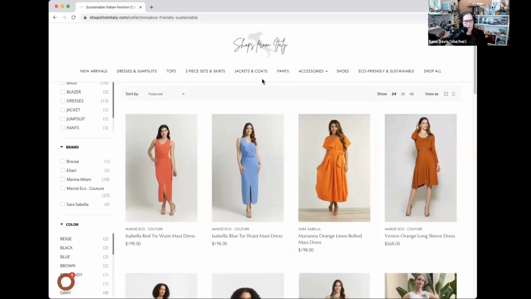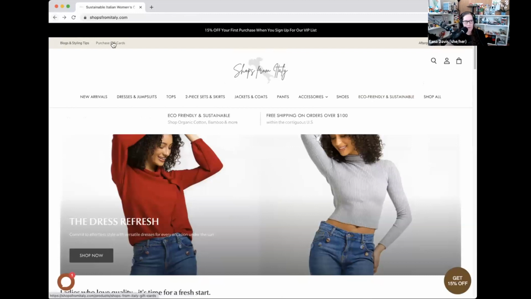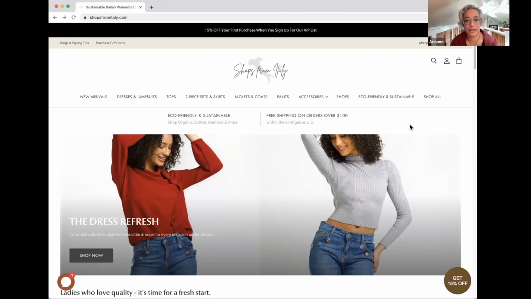I think I have more questions than anything else. Looking at the mapping, there are even more questions. I think shop all doesn't need to be here, and eco-friendly and sustainable probably should be a way to filter once you're on a collection page, not a top-level category, because there didn't seem to be a ton of things in that category either. So I think it's about finding a way to pare these down.